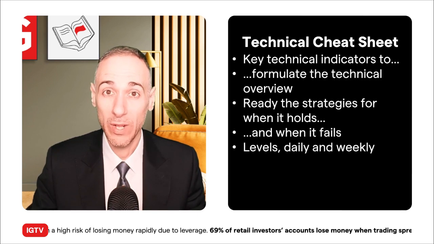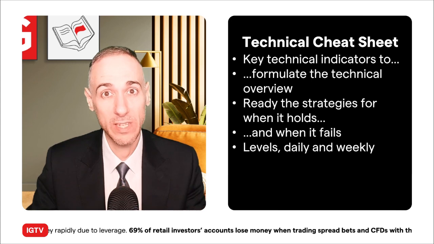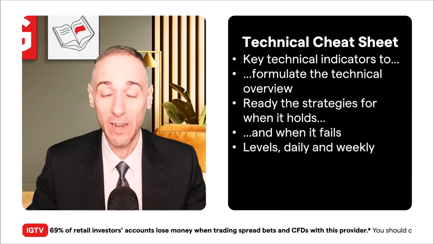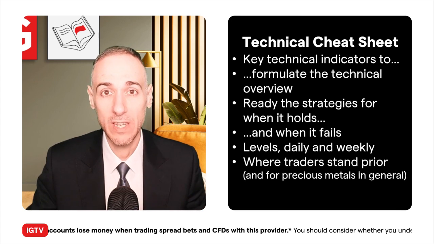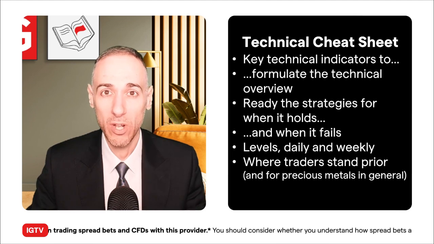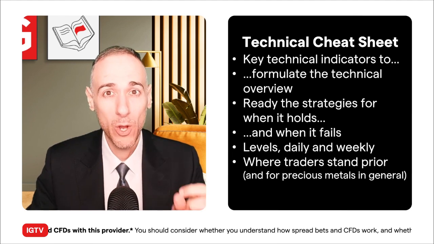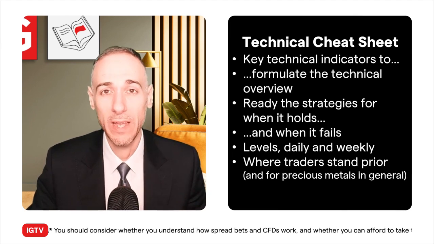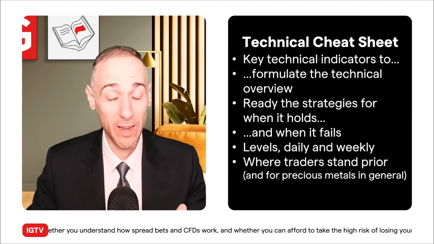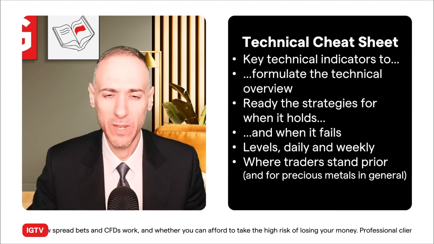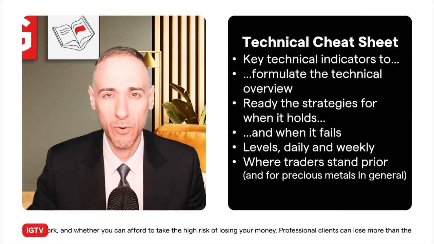Levels on both daily and weekly timeframes, which are going to need a lot of adjusting because of all the volatile moves that have been occurring, especially if that volatility persists. Where fundamental traders stand. We're going to go ahead and plot sentiment onto the chart to find out exactly where retail traders shifted from majority buy to majority sell, which is a rare occurrence when it comes to gold prices, as well as looking at COT speculators, where they stand in precious metals in general.